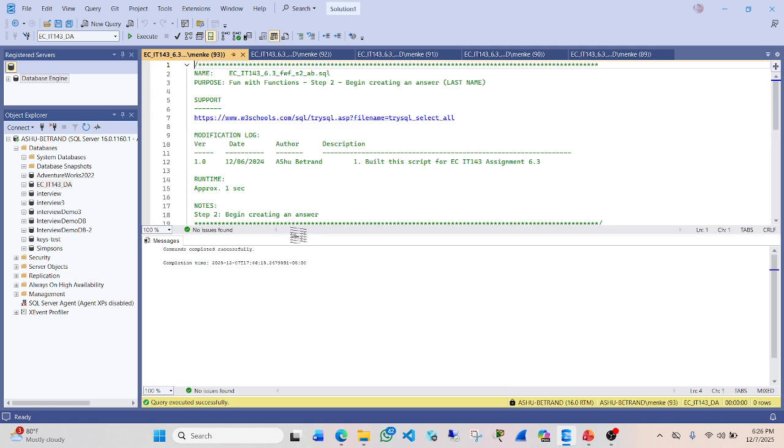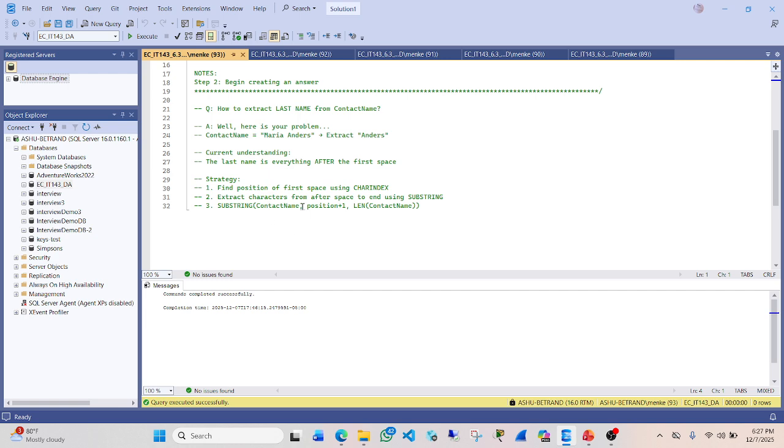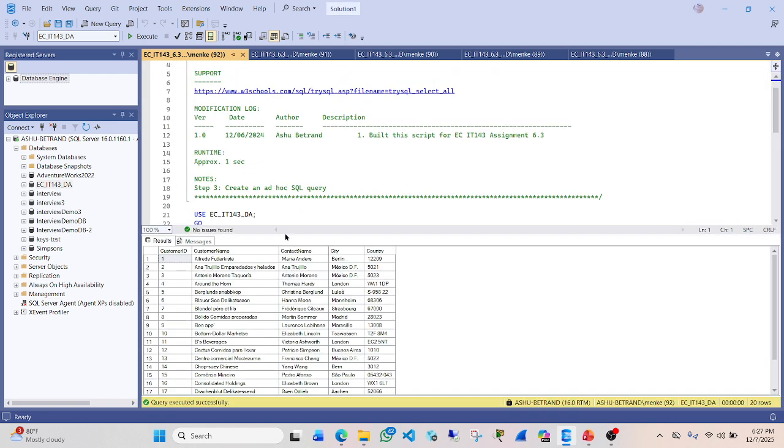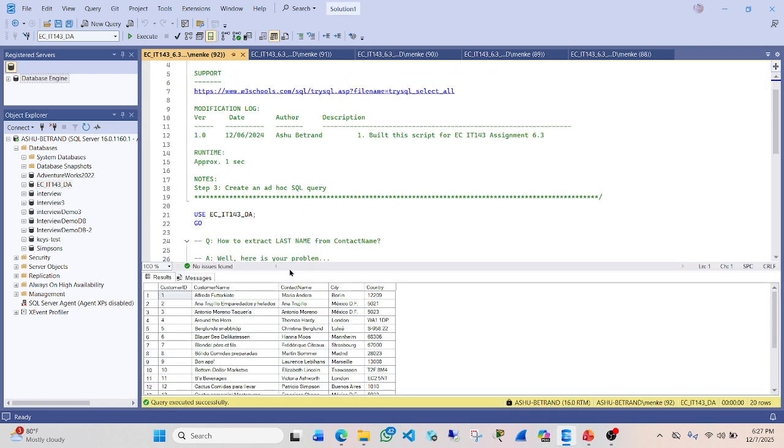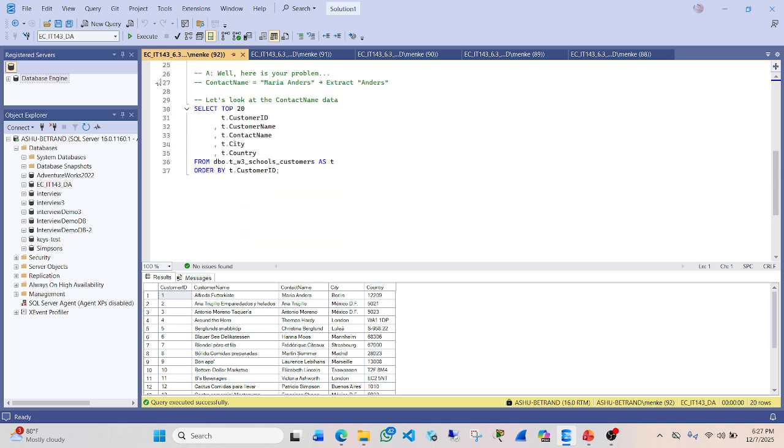So we are going to the last name. You notice that here we explain a strategy. First, we extract from either space to the end using substrings, and the substring is this, and then we find the first position. So now you notice that here we use the ad hoc query. You do that, you execute,